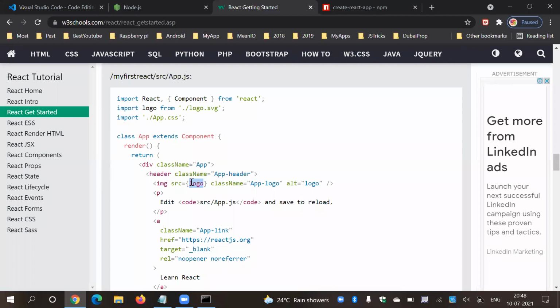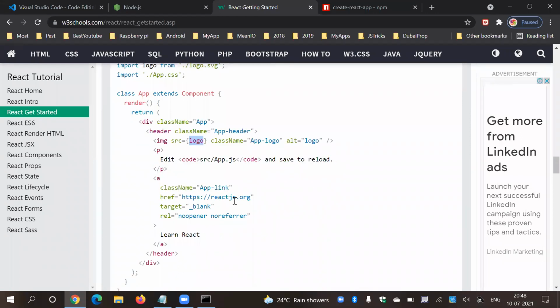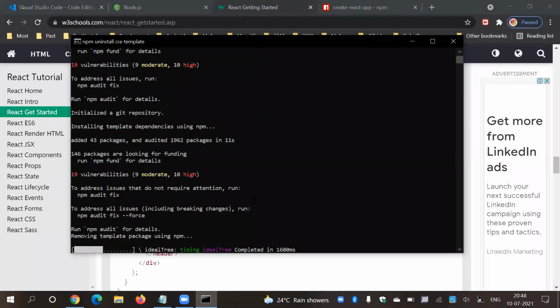For svg you have to do it in the same way, but for images you can go in a different way. Here is your link, and if you see, this is completely similar to your HTML, but a few things are different. Like img src alt is the same, but here instead of class they are using className, right? So keep in mind, instead of class just use className. Okay, still it is running. I think it's almost done.